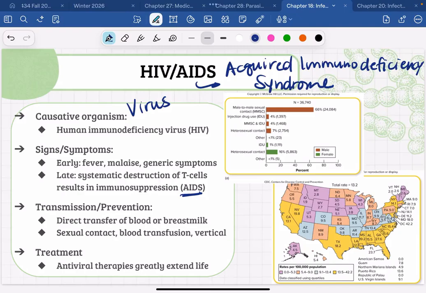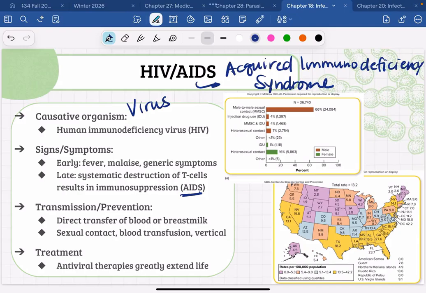And usually people who are infected with HIV and progress to AIDS usually die of some kind of secondary infection. So it's not the actual HIV that will kill you, it's the fact that you no longer have an immune system. And so people who have advanced AIDS often die of common colds or the flu or something else because they get infected with something and have an immune system that doesn't work.